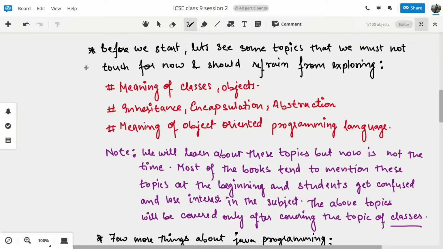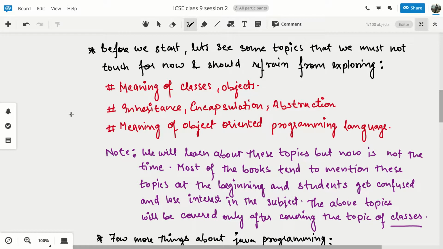just exploring the meaning of this. Even in the books, if the first two chapters you find this, skip those pages. Maybe the first 15-20 pages you will find these things only. Do not put your brains there. Now you may ask, sir, are we going to learn this and are we ever going to understand the meaning of these things? Of course, yes, you will be understanding, but not now. Okay, it is not the time. Fine.